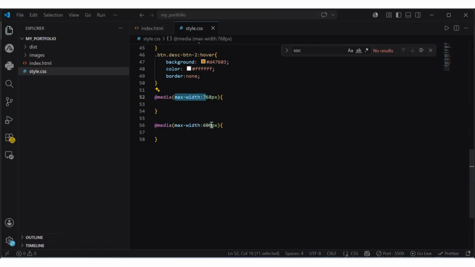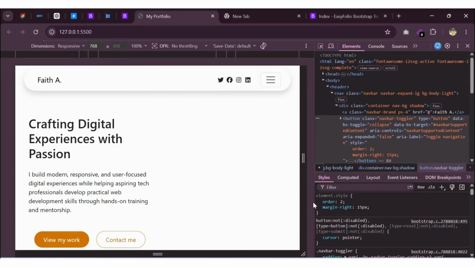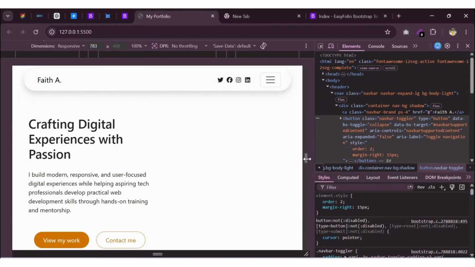So from 601 it begins to answer to tablet view. Then anything from 600, 599 and lower down to 200 will answer to 600. That's why I would say the highest it can go is 600. The highest here can go is 678. You can see this is 678. If we drag it, if we increase it more, you see it will